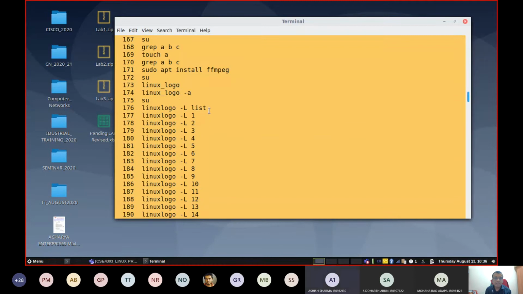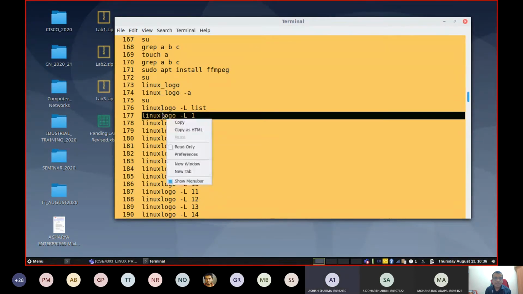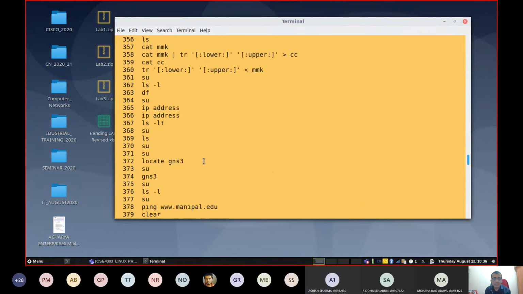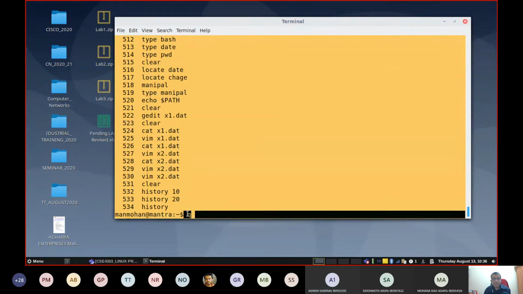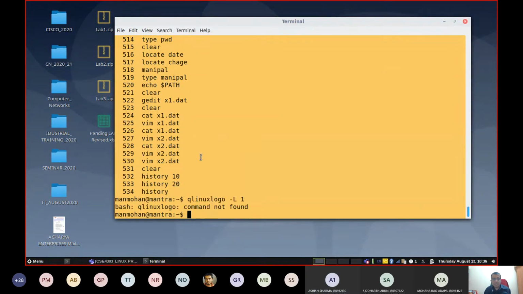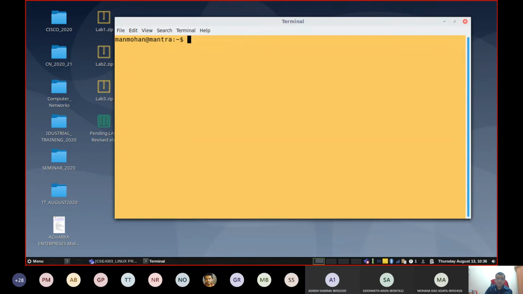I worked on this. So what if we don't want to share our history with other users? During the installation process you can switch off the history commands. That is possible. History you can change it also. That we are going to discuss during system administration, how to do all these things. By default history will be remembered, but everything can be controlled in a Linux system.